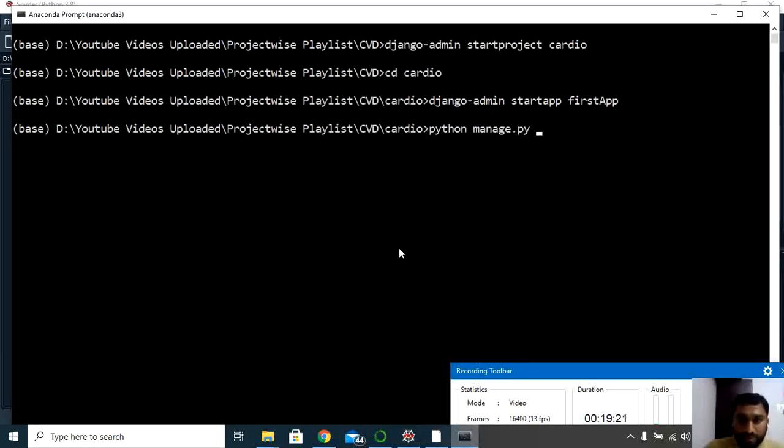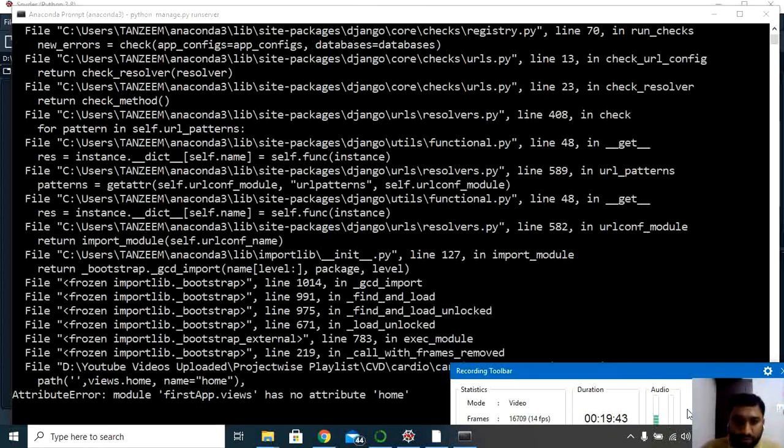Let me go to the command prompt. Next, if you want to run the server, type runserver and press enter. If there is no error, it will give me the default link, and I can run that default link using my local browser. We'll wait. Now you can see here there is an error, so that means I was not able to execute this.